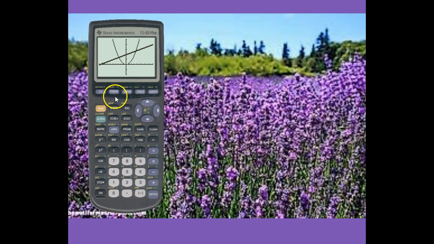I will say that there's one other thing you should probably be aware of. There is a thing called a stat plot. And when you are working with a stat plot and you have a graph going on, it's possible that the two will argue with each other, and you'll get an error. And you'll be able to tell when that happens when we have, no, it's not going to let me do it here. I don't remember exactly where the stat plot is. But anyway, I can go back out to,